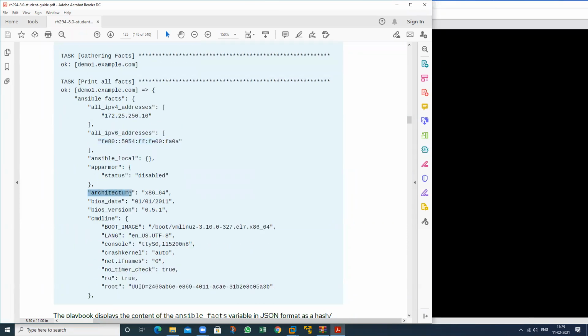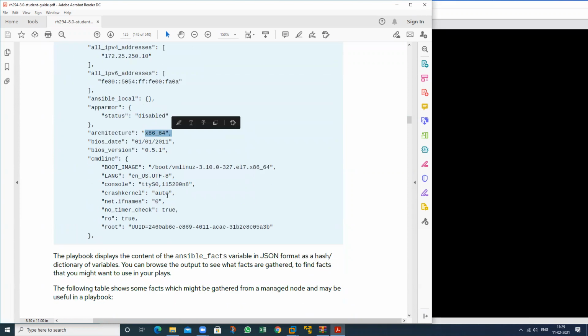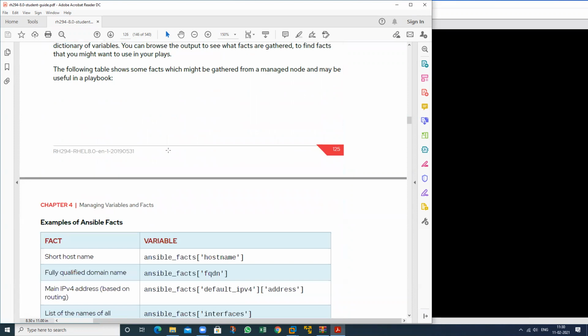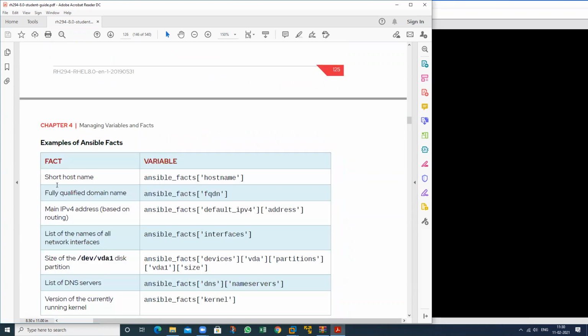Which architecture does it use? x86 and other information also. So we can capture information like this. If we want to capture just the host name, use this particular command, this particular fact, this particular variable name. So this is a variable. Which type of name?